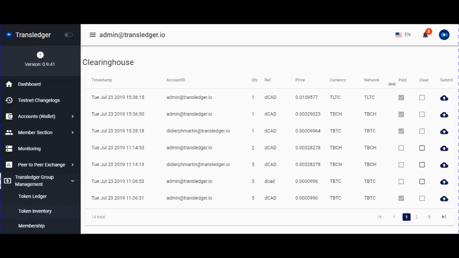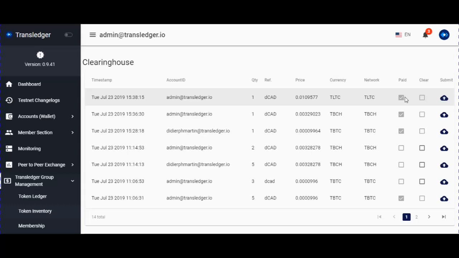And here, which is not yet connected but will be pretty soon, is an automatic clearance. It means that as soon as the payment is identified or received from the blockchain, what I mean by that is the payment event.